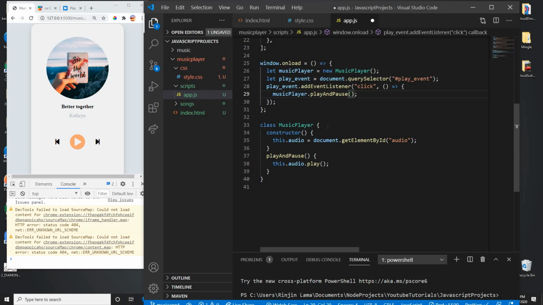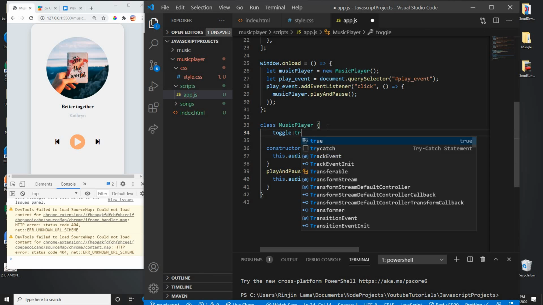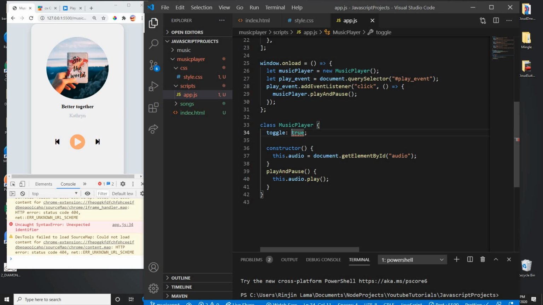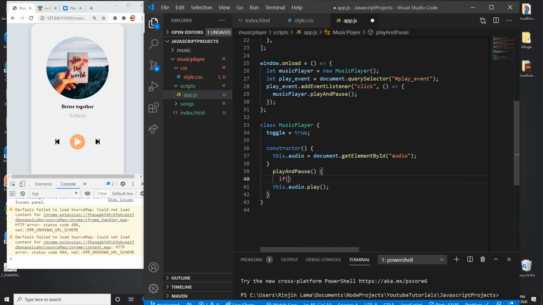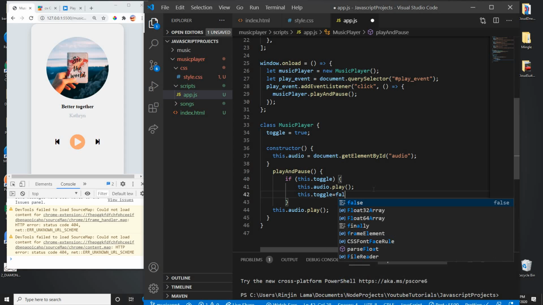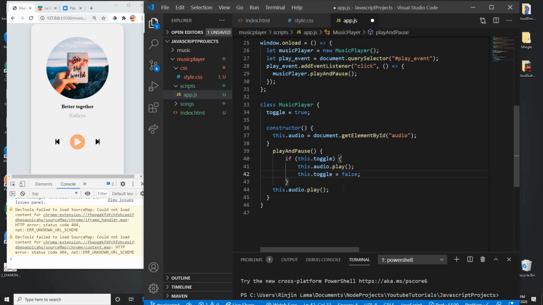To make play and pause, I need to use a trick here. I'm going to use something called a toggle. Let me make the toggle true. And let me check here if this.toggle is true, then just play the song and make this toggle false. Okay, just play the song and make this toggle false. Otherwise, else